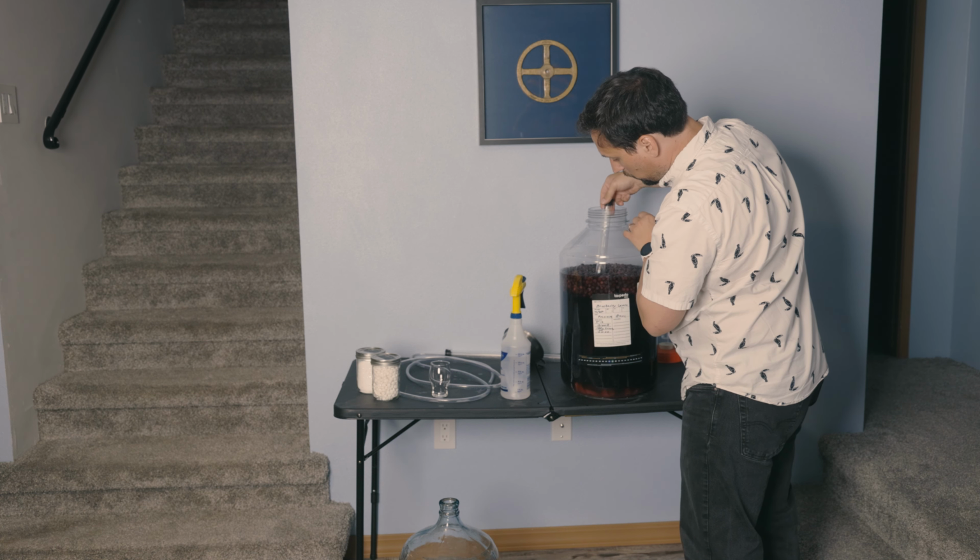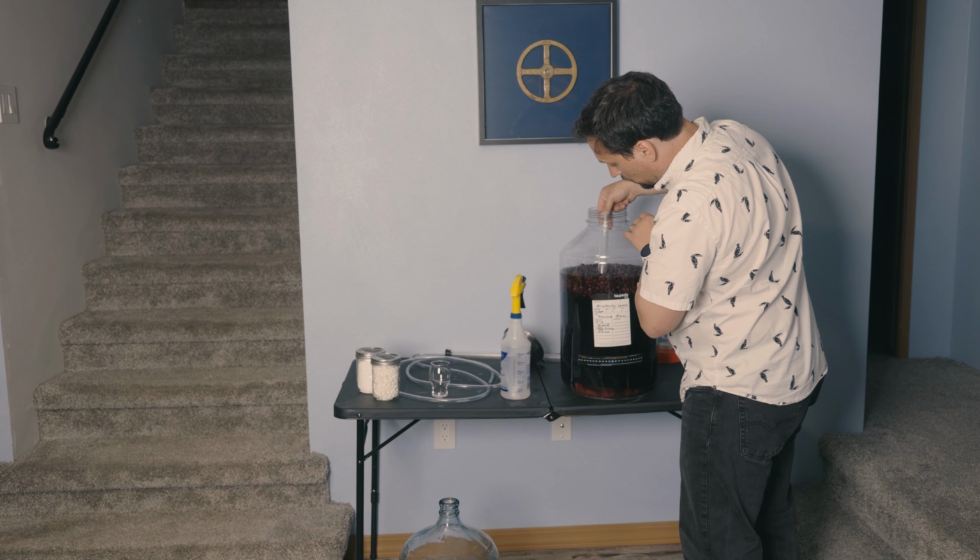Continuing on with our Blueberry Lemon Cider, we're going to be racking it into secondary, stabilizing the cider, performing an initial tasting, and making some adjustments based on our initial tasting. All right, I'm opening this up. Smells very strongly of blueberries. Go ahead and put this in at an angle, being careful not to disturb the lees at the bottom, and going